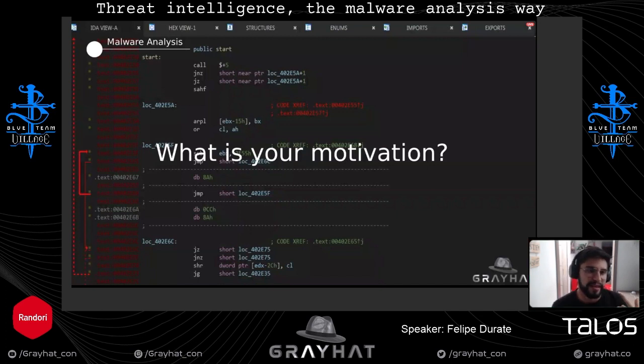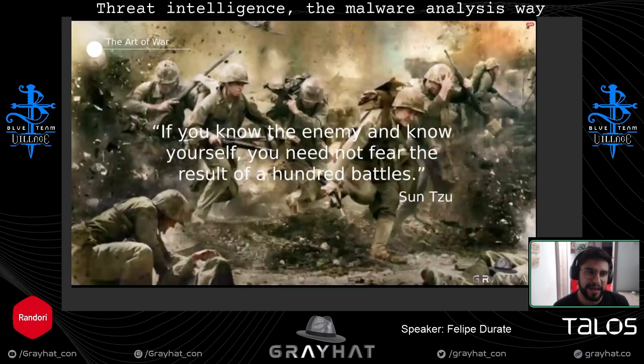When I talk about malware, I like to make a comparison between malware and the cyber world, because this is kind of a war actually. There's a nice quote here. Sun Tzu said, if you know the enemy and know yourself, you need not fear the result of 100 battles.